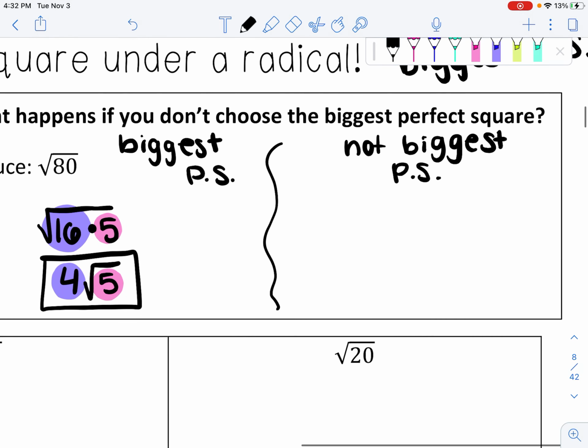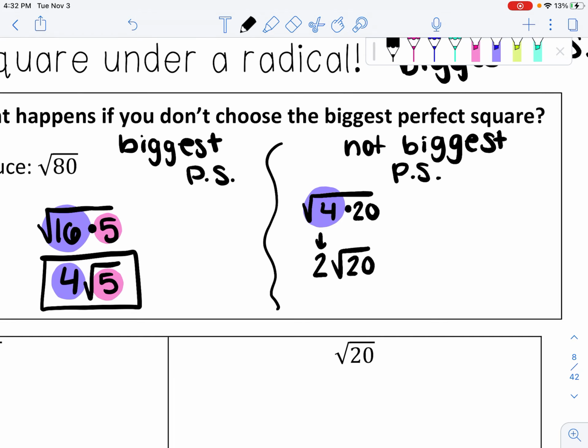Well, some people might see 80 and they know that 4 is that most popular perfect square. They know 4 goes into 80. So some might write, okay, well, this is actually 4 times 20, which is true. 4 times 20 is 80, and 4 is a perfect square, so that can come out, and the square root of 4 is 2. So I could rewrite this as 2 times the square root of 20, but we're not done